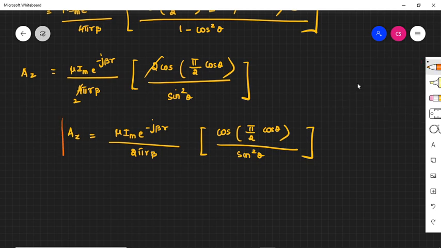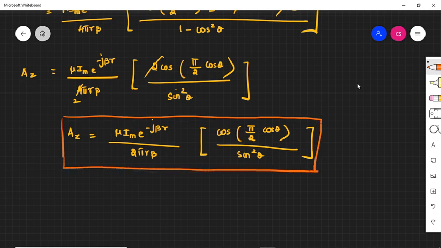Now, using this, what can we do? I am going to find the field components using this vector magnetic potential, because we have studied from the basics of EMS that the magnetic field is the curl of your vector magnetic potential. So, now we need to find out what is del cross A. We have found out what is A. Our next step is to find del cross A to find the required magnetic field. And from the magnetic field, we can therefore derive the required electric field component. So, we will continue that in the next video.